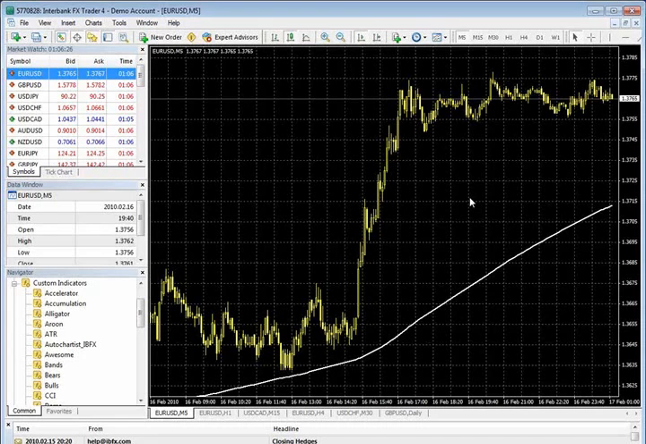Obviously, we like solid support and resistance, solid floors and ceilings. The more solid it is, okay, the more reliable it is, right? So accumulation is a narrow, sideways